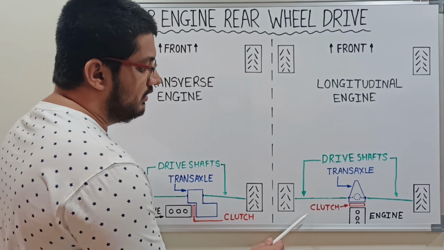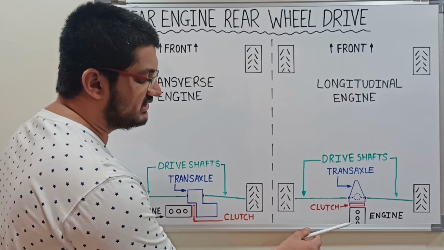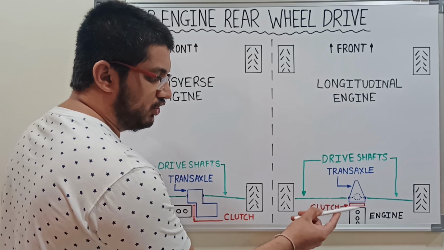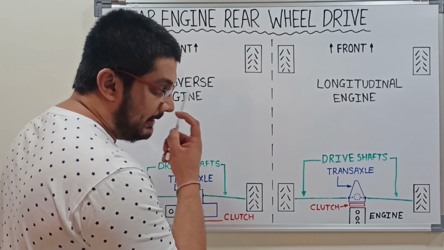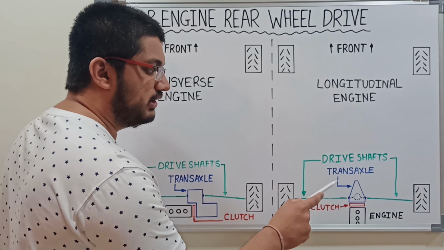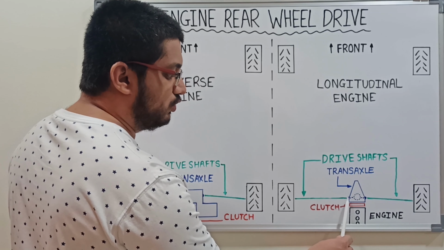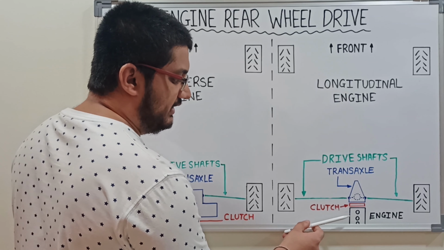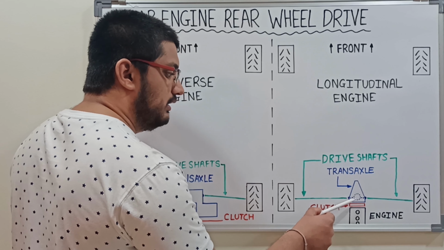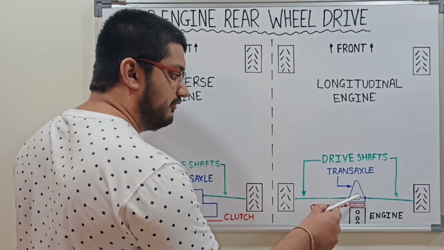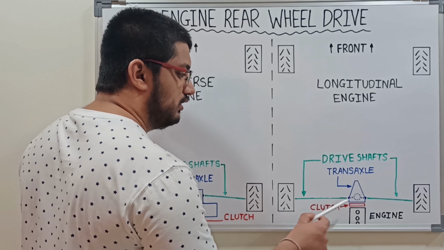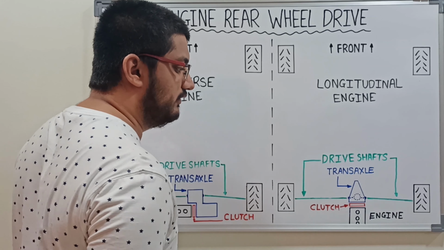And in this variation, nothing is different, just the orientation of the engine and the transmission. So everything is the same: engine, then the clutch or a torque converter depending upon manual or automatic, then the transaxle. Here just the internal orientation of the gears of the transaxle is different, and the two outputs go to the wheels. So the power flow is again engine, then through the clutch when engaged to the input shaft of the transaxle, then through the input shaft to the final drive and the differential, and the two outputs of the differential go to the two drive shafts, and through the two drive shafts to the two rear driven wheels.